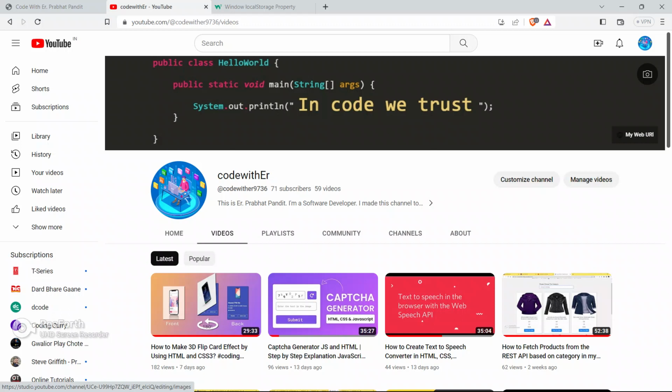In this video guys, we are going to learn something new, something different. We are going to learn what is a local storage, and using local storage we are going to build an application. To show you guys, I have already built an example using HTML, CSS, JavaScript and local storage. So let me show you the example, what I mean and what we are going to learn in this video.